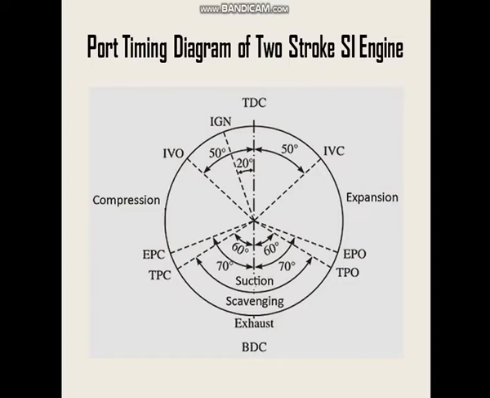Okay. And again with further movement of the piston towards the bottom dead center, that is the BDC, it will again uncover the transfer port. Here it is also known as the TPO, and that will occur about 60 degrees before bottom dead center, and in that situation the transfer port will open. And when the transfer port is open, a sufficient amount of air fuel mixture which is trapped in the crankcase will enter the combustion chamber. So this is the entire port timing diagram of the two-stroke SI engine.